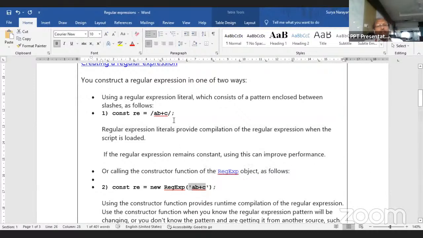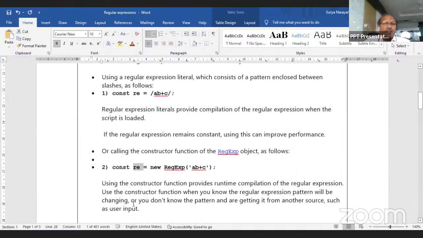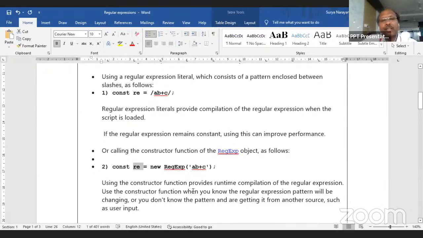So you can write the regular expression in two ways, either by writing the variable with the pattern within two forward slashes, or by creating the object using the constructor. I think you know what a constructor is. A constructor is the method which initializes the particular object. So here I am creating an object of the regular expression, re, using this constructor function, which provides runtime compilation of the regular expression,